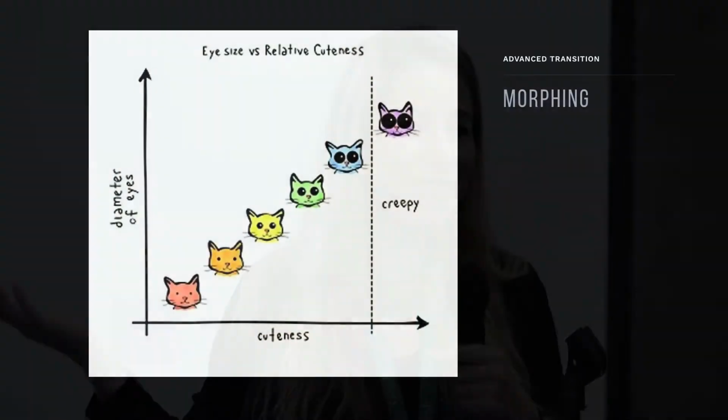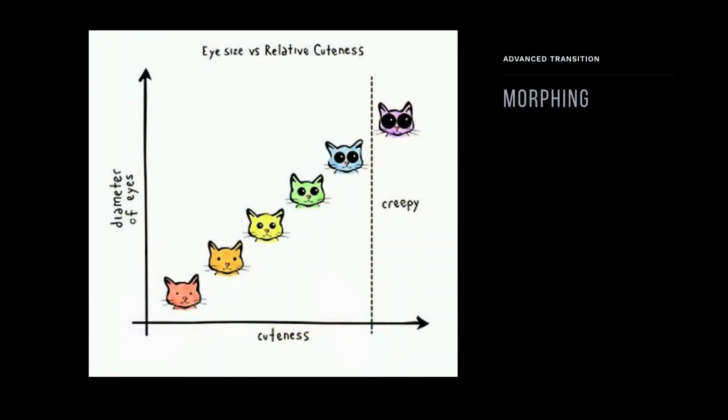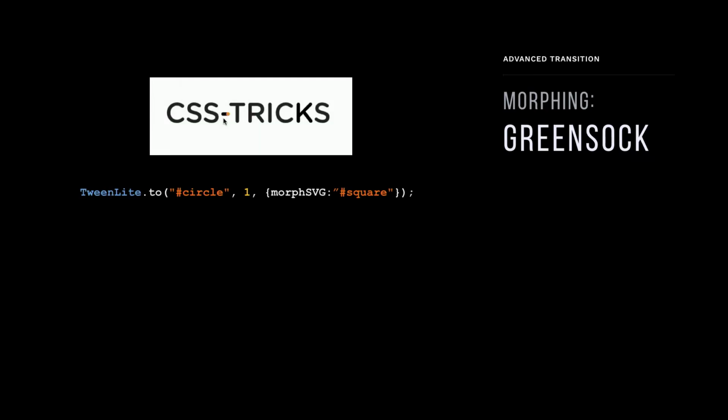And you can do whatever kind of morph with that data that you would like. So here's an example of the syntax. It's really, really simple. We're telling GreenSock or TweenLite here to morph between the shape of a circle to a